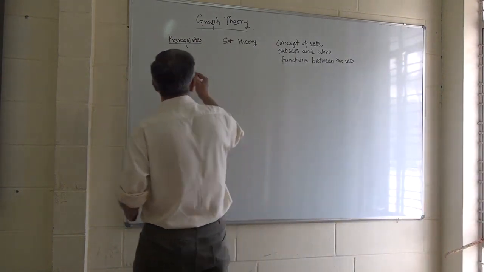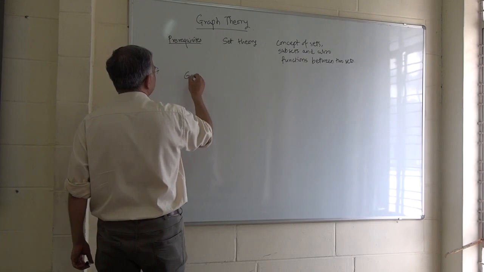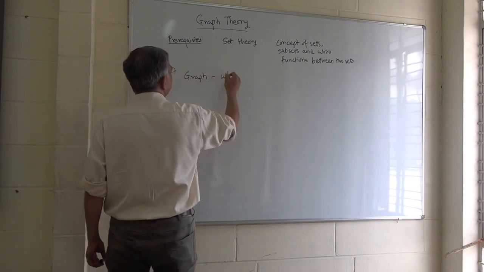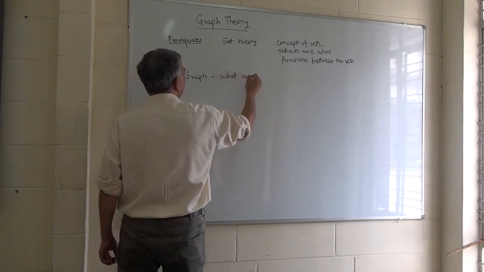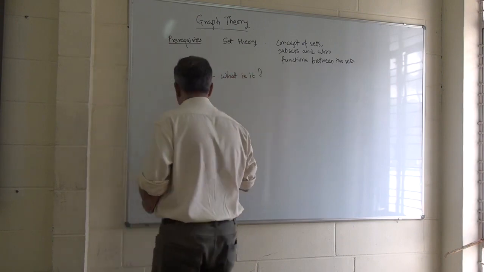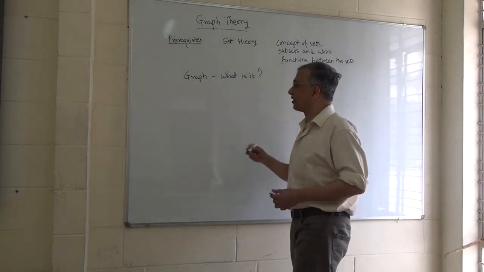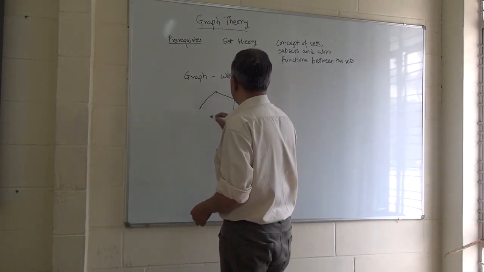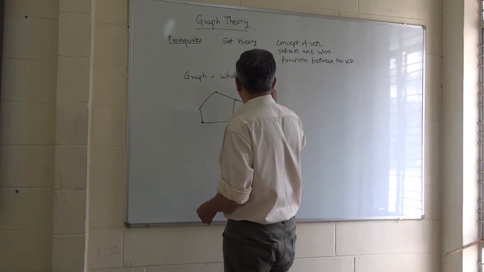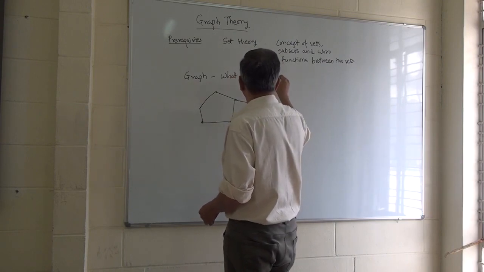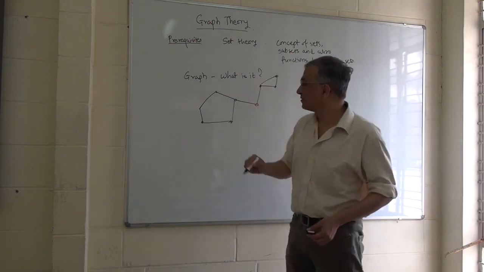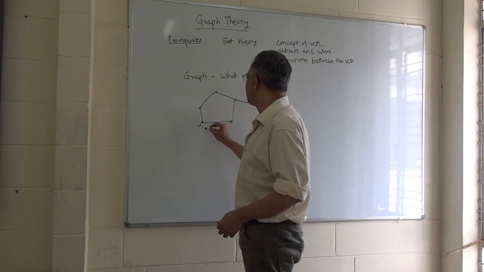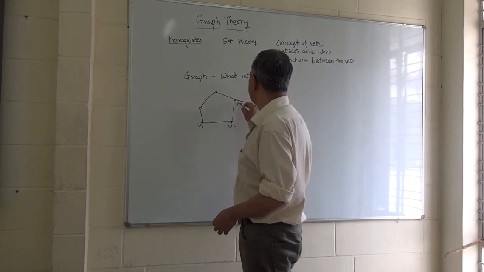Alright. So what is the start? What is a graph? That's the first question we can ask. Typically you will see a drawing of a graph, something of this type, and you will say that this is a graph, with these rounded things called vertices. V1, V2, you number them like that.